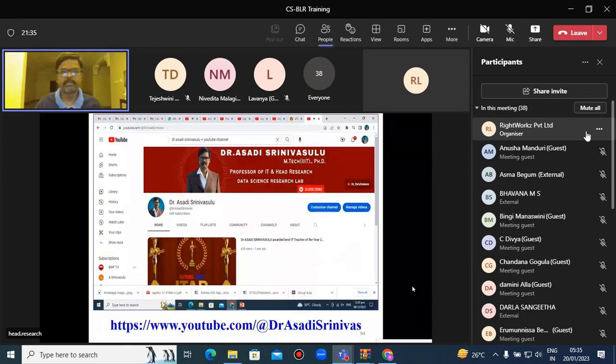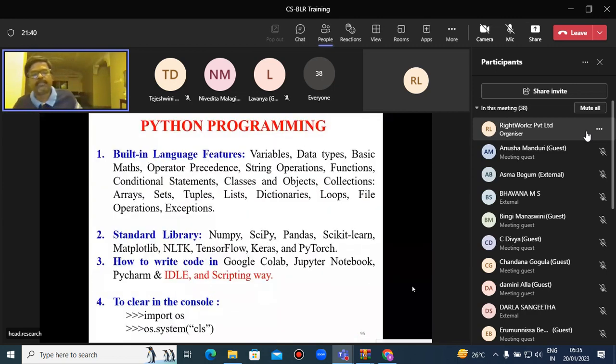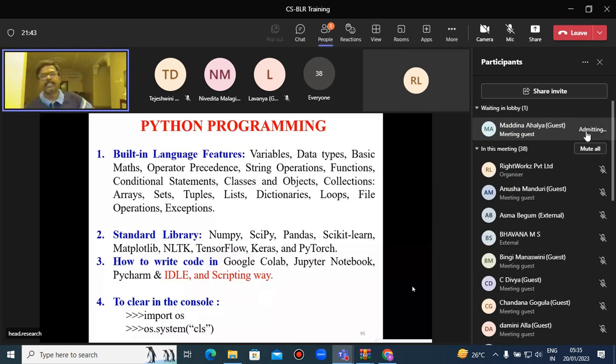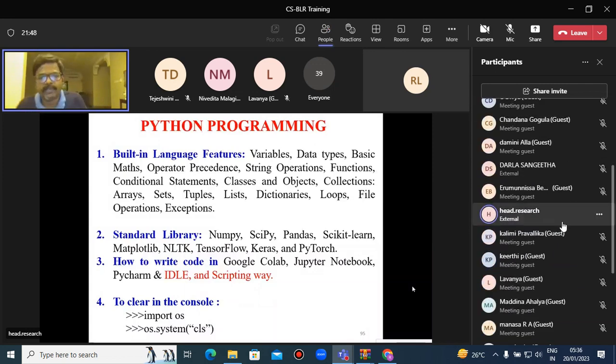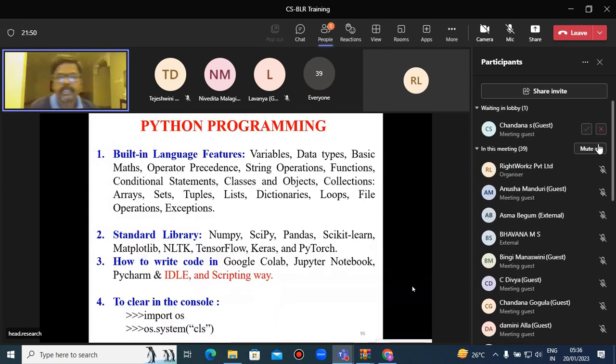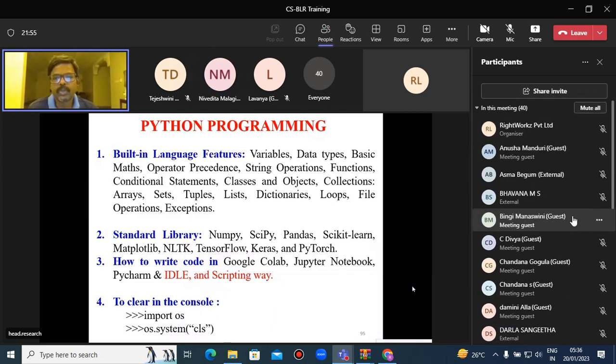So in this Python programming, first I am dividing into 4 modules like built-in language features. Python supports built-in language features called variables. What is a variable? A variable is a container to store the value, to store the data. A variable is a varying value at runtime. Data types are used to perform real-time